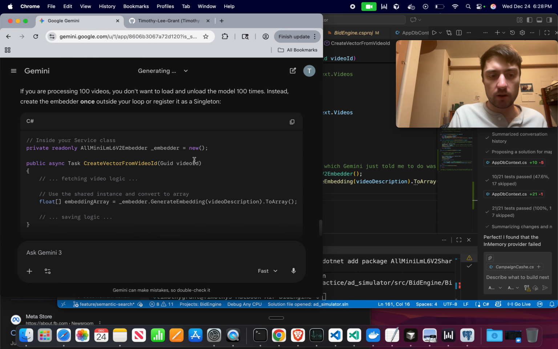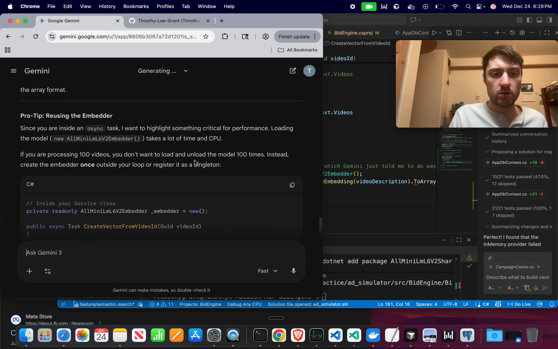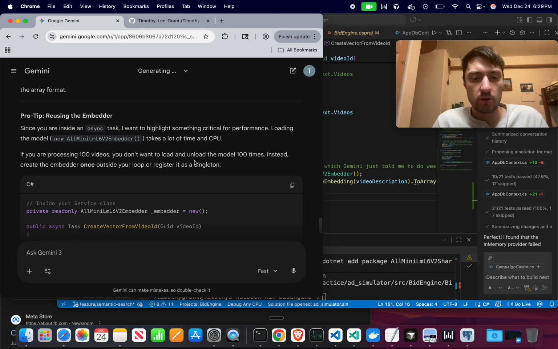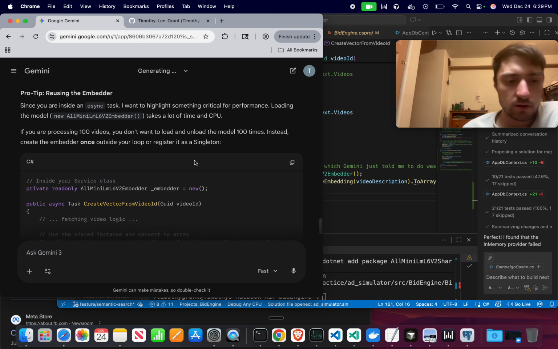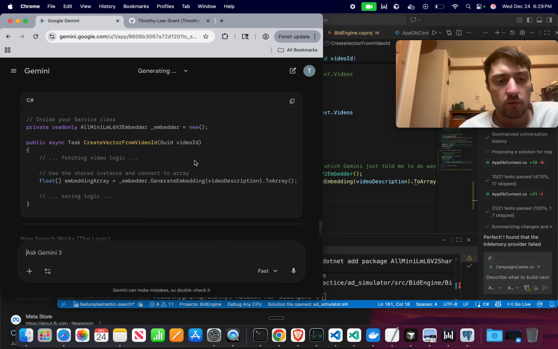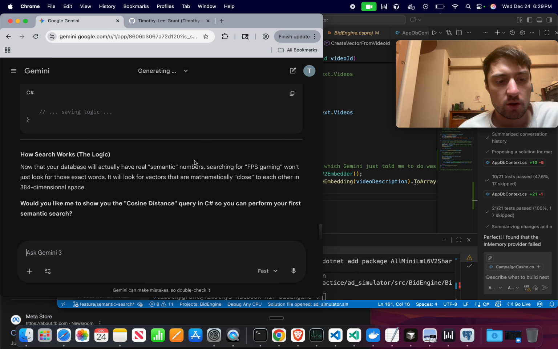Service class. Okay. Since you're inside an async task, I want to highlight something critical for performance. If you're processing 100 videos, you don't want to load and unload the model 100 times. Instead, create the embedder once outside of your loop and register it as a singleton. Okay. So